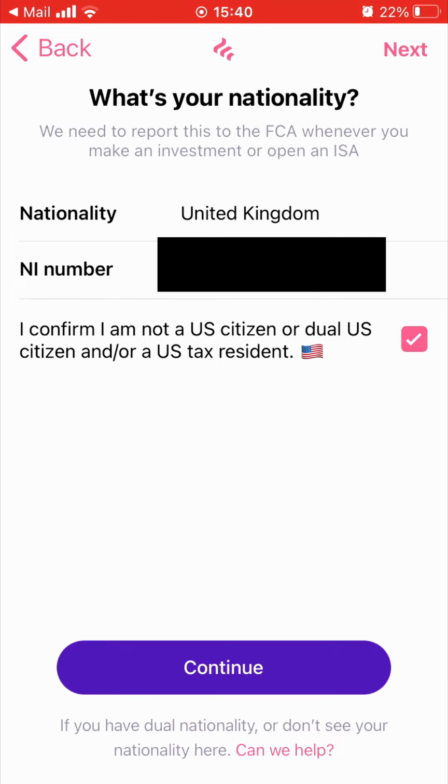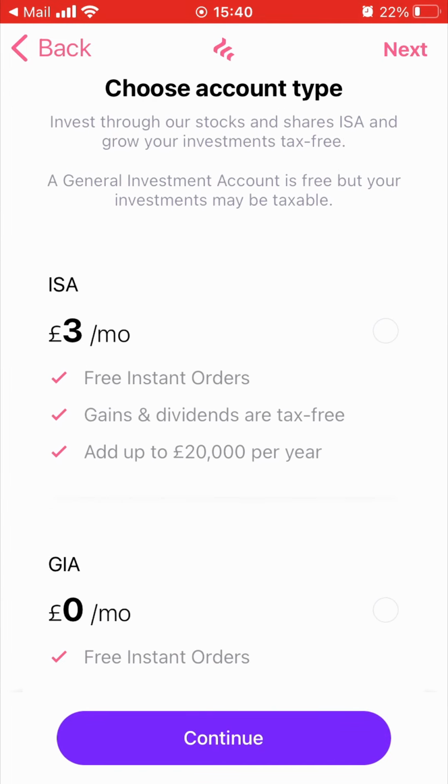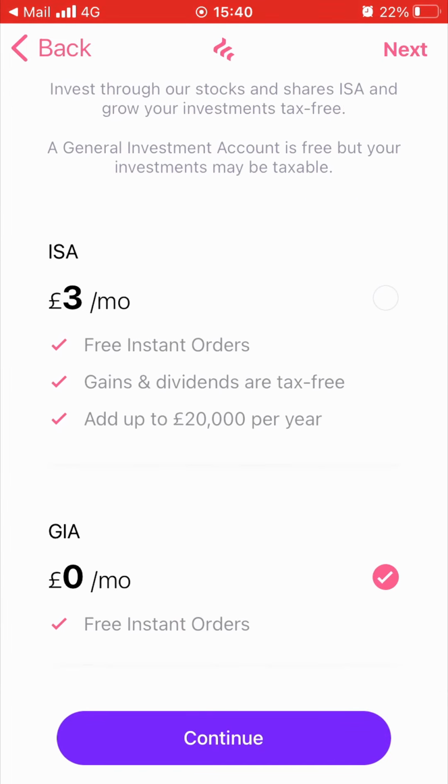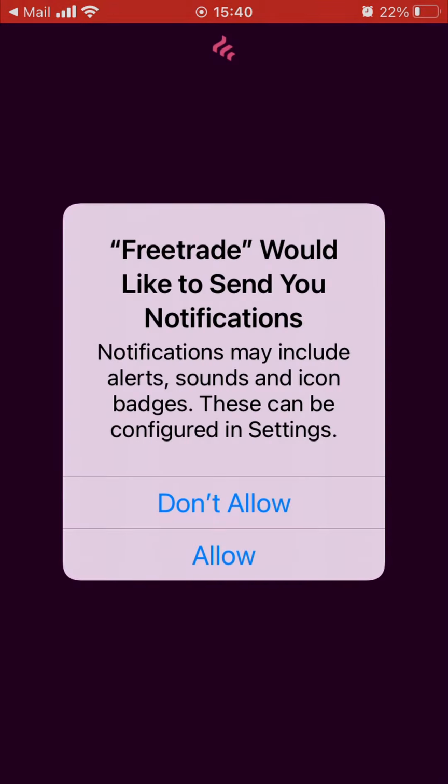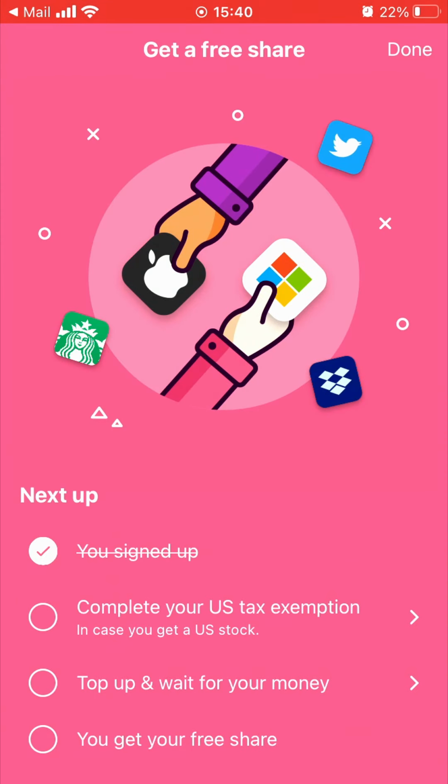Now, I use Trading212 for my ISA account where I do most of my investing. It is important though to have an account with a couple different brokerages. So if one brokerage goes down whilst there's an excellent buying opportunity, you can still make the investment. So for Freetrade, I use the GIA, which stands for General Investment Account. Your account is now set up.